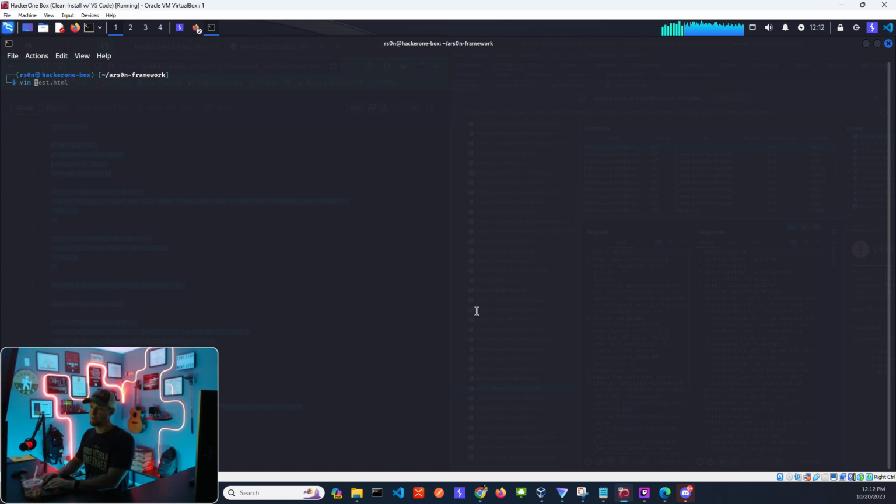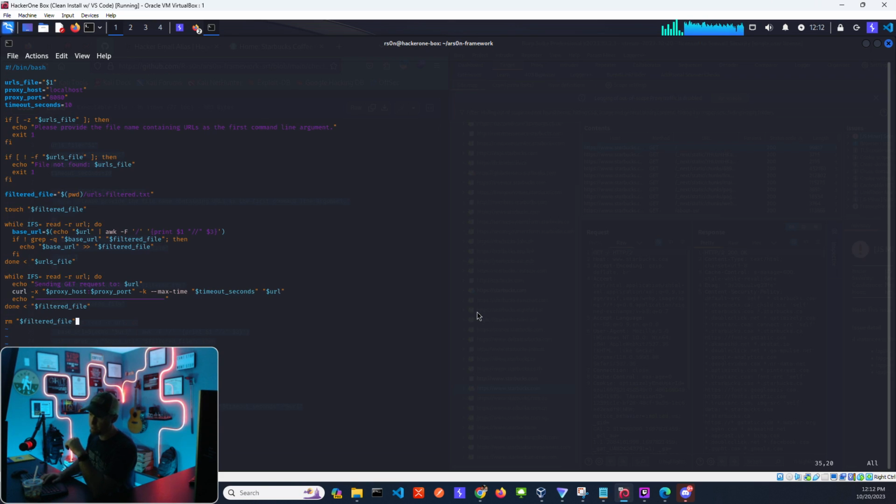Anyway, all right, so we're going to do vim, and we will do check urls.sh. Go ahead and implant this here. Really simple bash script, right? We're going to pass it an environmental variable that's just a URLs file that we're going to create here in a second. It's still going to route everything through the proxy, through Burp, and we have a timeout for each one. But this is just going to loop through each one of these URLs, and it's going to send a